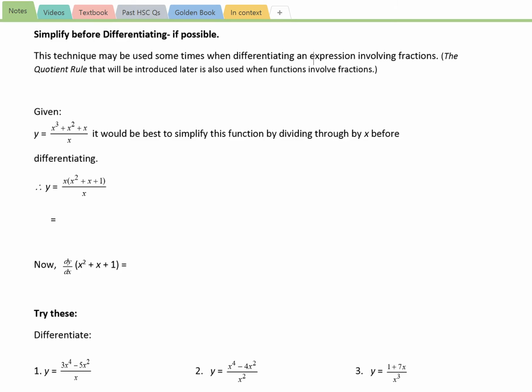Now, another thing for you to remember, we're always looking to simplify if at all possible. That's very important when we come to differentiating. We don't want to have to differentiate something complicated if it's not necessary. We spend a lot of time learning how to simplify algebraic fractions, and one of the reasons why is because we don't want to have to differentiate a fraction if it's not